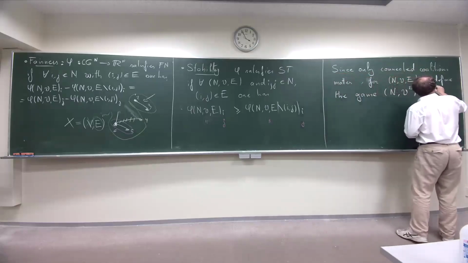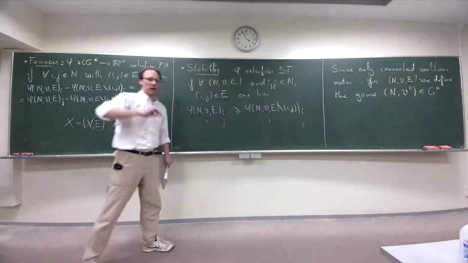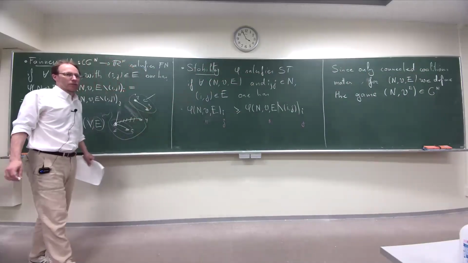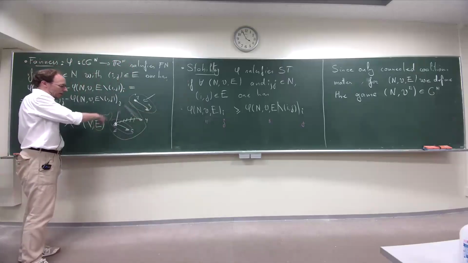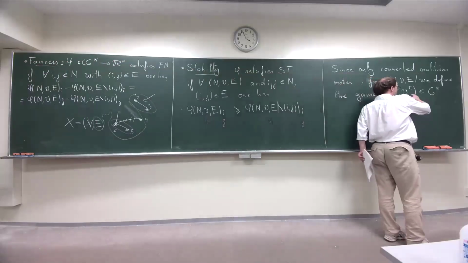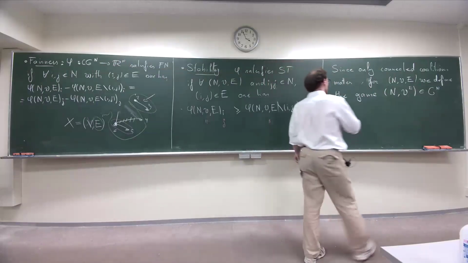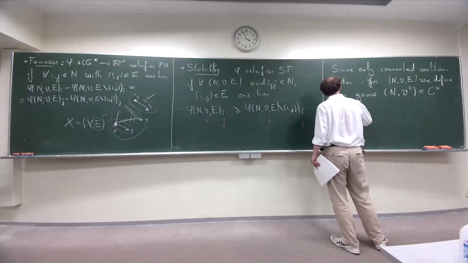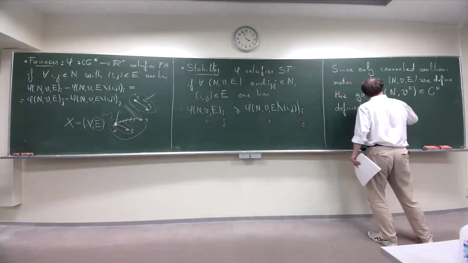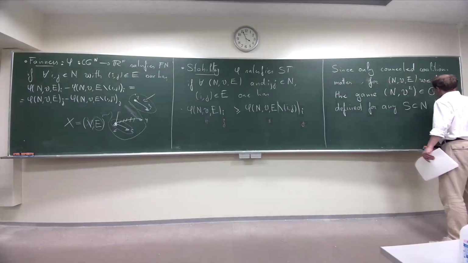It is just a new game. So look, from a game with a communication graph, I'm going to define just one game. So I lose the structure of this communication graph, but it's probably related to the fact that I'm only using the partition. So how do I define this NVE, defined for any S included in N by,